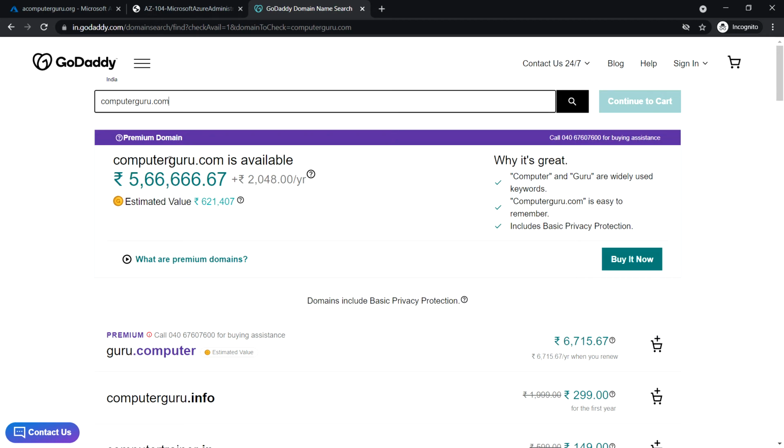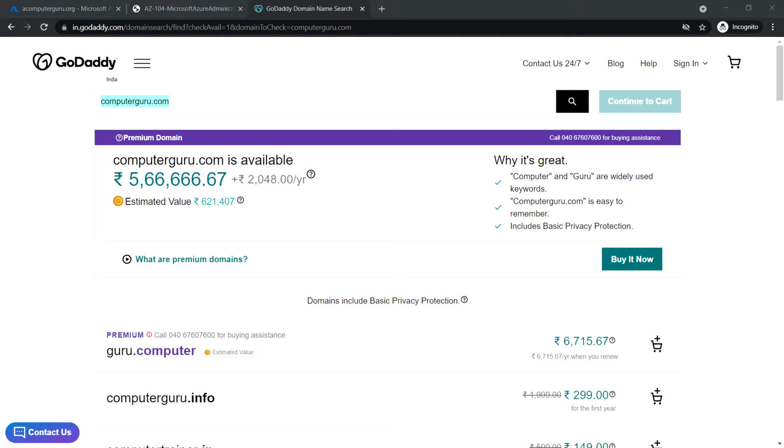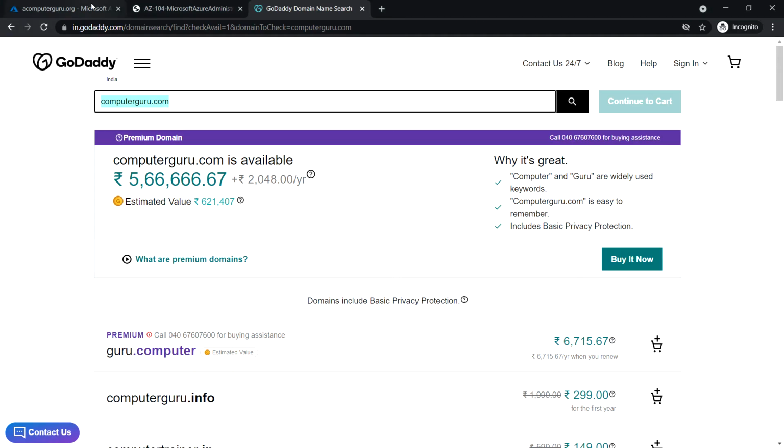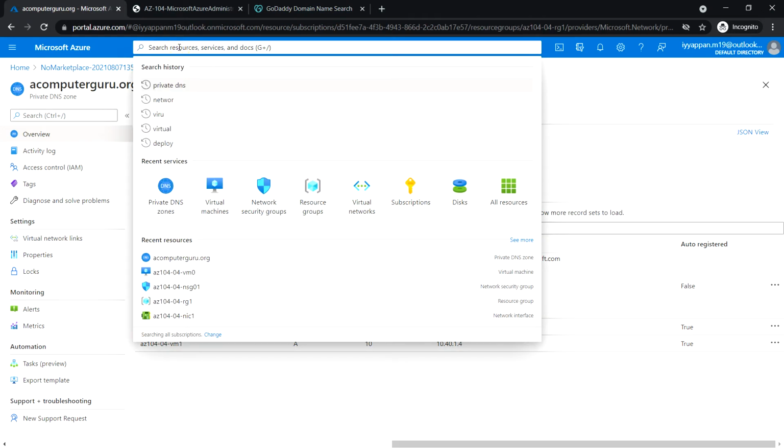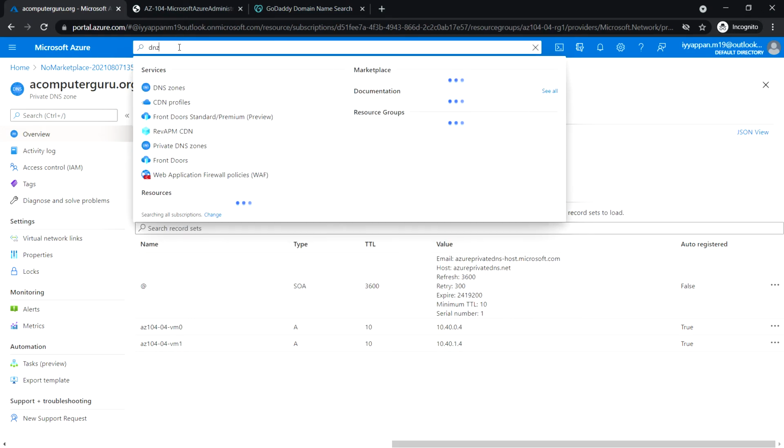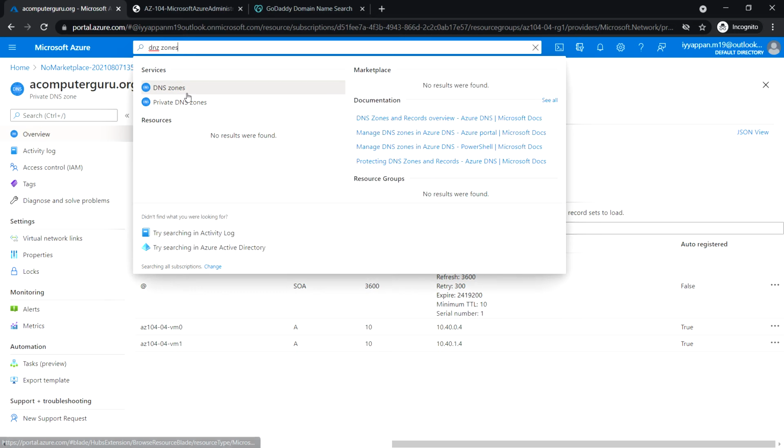Okay, so it is available. Okay, so I'll be using computerguru.com. Okay, go back to the Azure portal and search for DNS zones